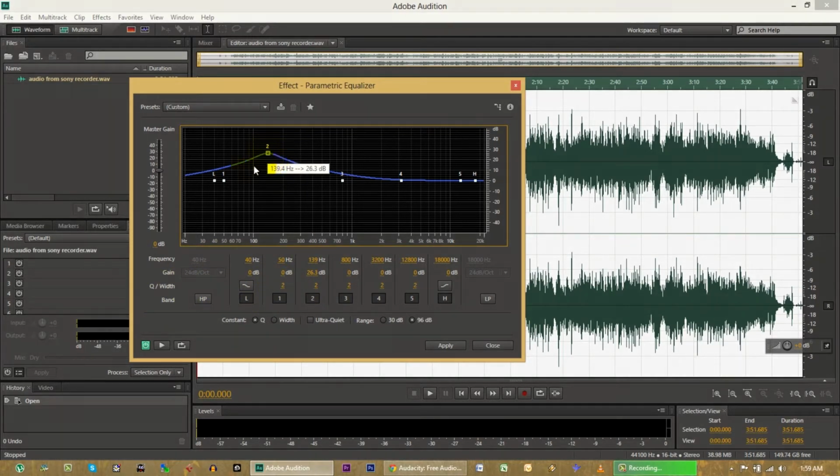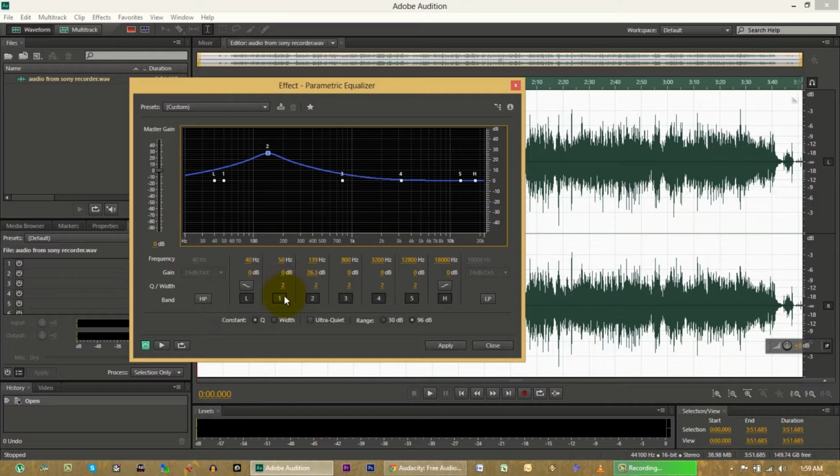Right now you can see that it slopes up so that you have a gradual increase of all the frequencies beside your target frequency, and then another gradual decrease as you go higher in frequency away.